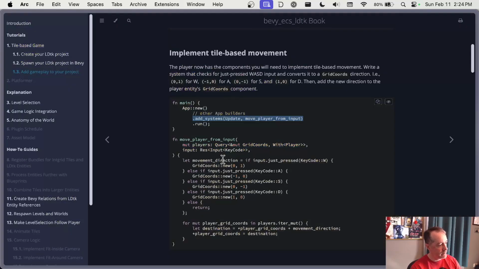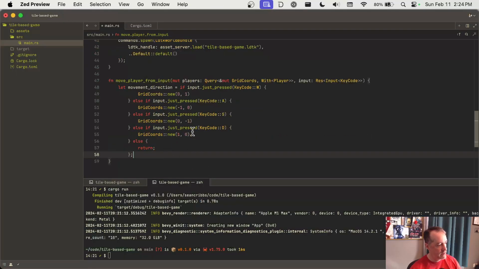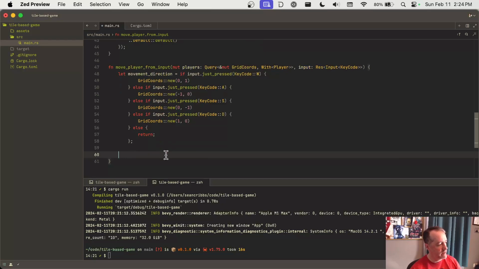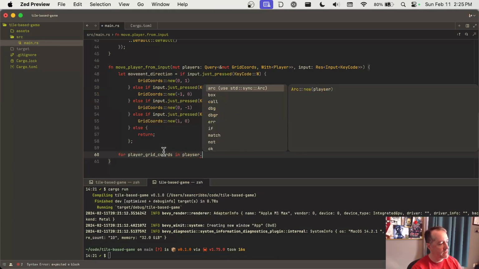Okay, and right, so I'm just going to copy this. That's not that interesting. They're just looking at what is the key code. I guess it could have been like match key code, but it's fine. This just_pressed is probably the most straightforward way to do that. And then we're looping over the player grid coords that's in players.iter_mut,